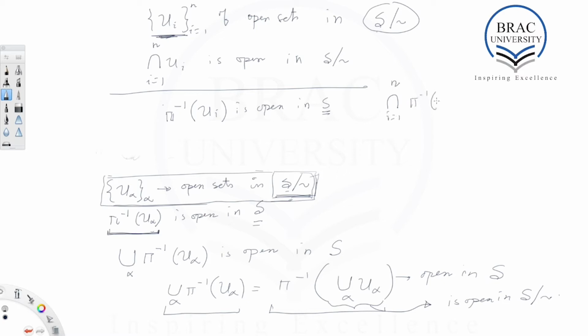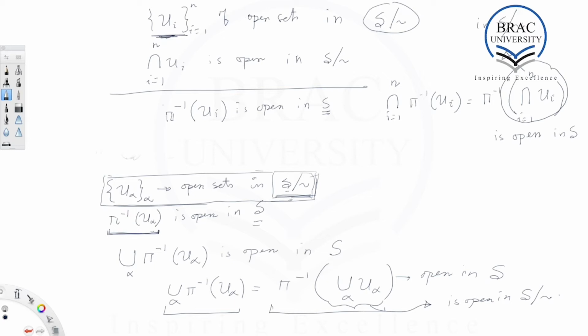And this is nothing but, from elementary set theory, the inverse image of this finite intersection. So this is open in S. Now from the definition of quotient topology, this has to be open in S modded out by